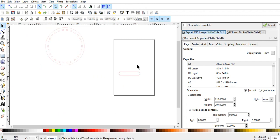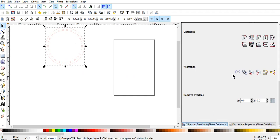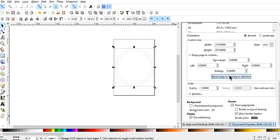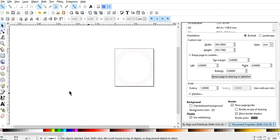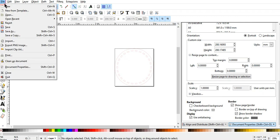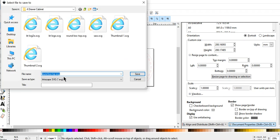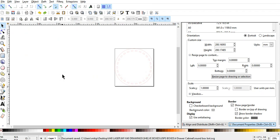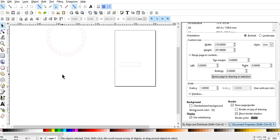And then we can Control Z our way back to bring our pieces back, and then we can get rid of this piece and this piece, and then we'll do the same thing with our bottom piece here. We actually don't have to align and distribute here. We can just go to the document properties and resize the page to the drawing. And so that is going to be our bottom piece. And so we'll go File, Save As, Round Box BOT, BOT for bottom. And that's good. We'll press Control Z until we get back to this slat piece,